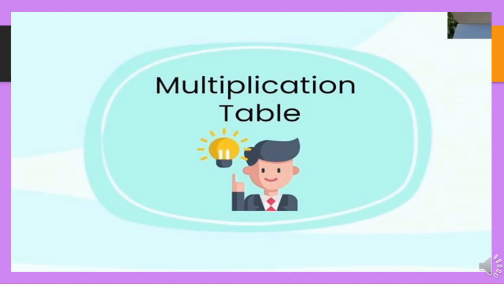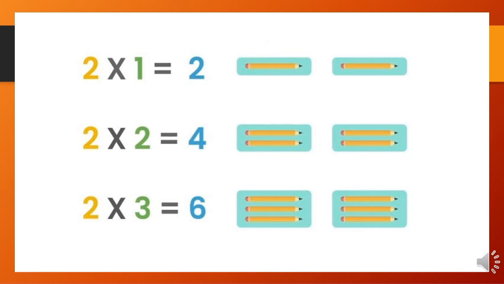So now let's see about the multiplication table. Multiplication tables are very important. Calculating the values will become very easy by multiplication. Now let's start with table 2. 2 into 1 is equal to 2. That means 1 is repeated 2 times. So 2 into 1 or 2 times 1 is 2. Nothing but we are adding 1 two times: 1 plus 1 is equal to 2.